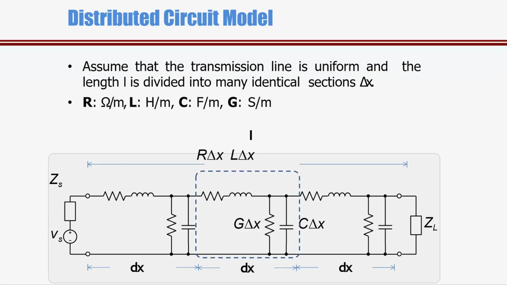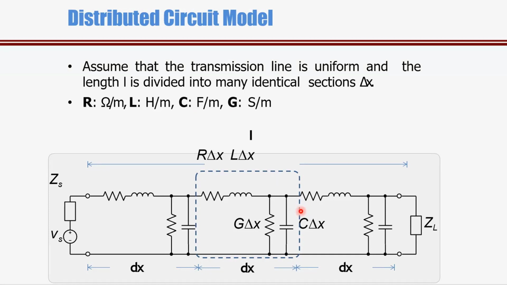So in the last lecture we have seen this model of transmission line, how a particular transmission line can be represented. So any transmission line, we can represent it in terms of its lumped parameters, or the parameters like resistance, inductance, capacitance and conductance, because these parameters are present for every kilometer, and hence using ohms per meter or henries per meter or farad per meter and Siemens per meter.